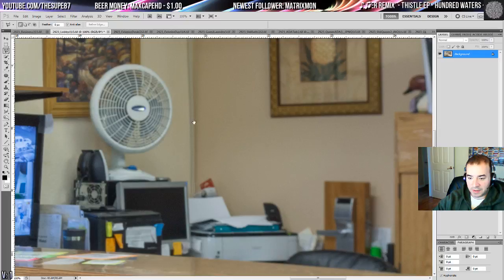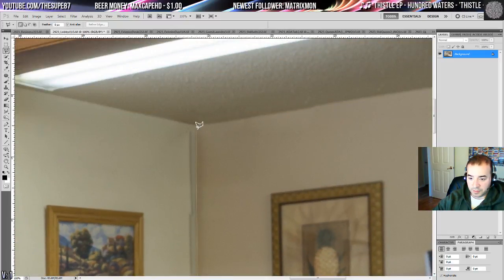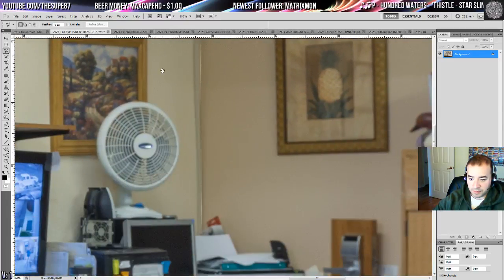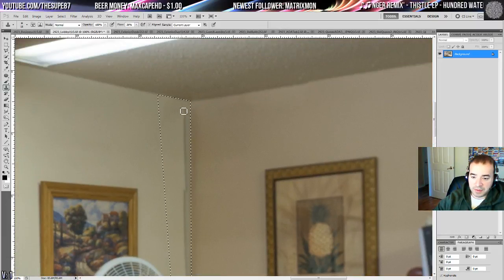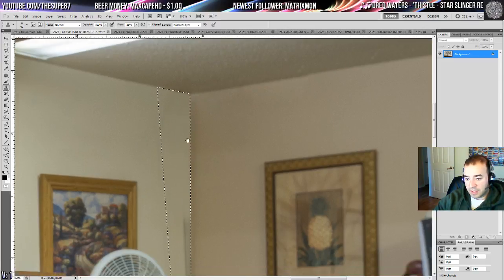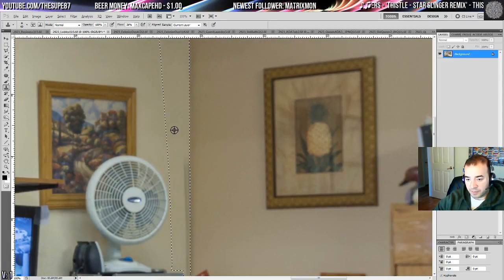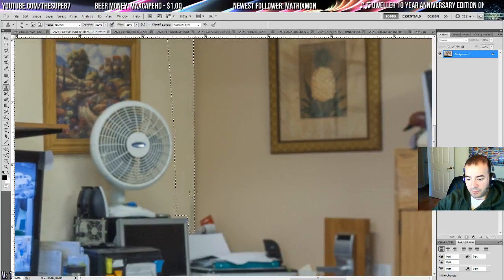Just going to make a selection here. I'm going to take my rubber stamp tool. I'm going to select here. And I'm just going to run it right along the side, all the way down. That's good enough. As we got rid of the wire,